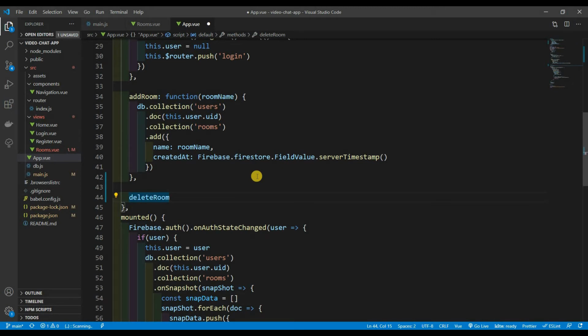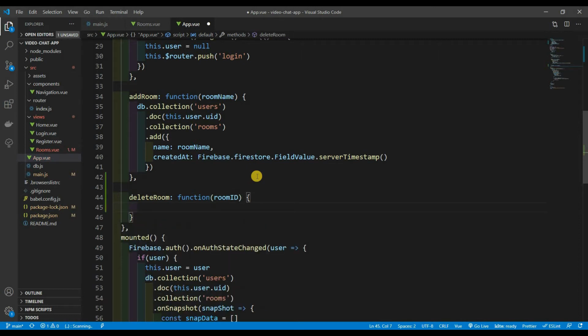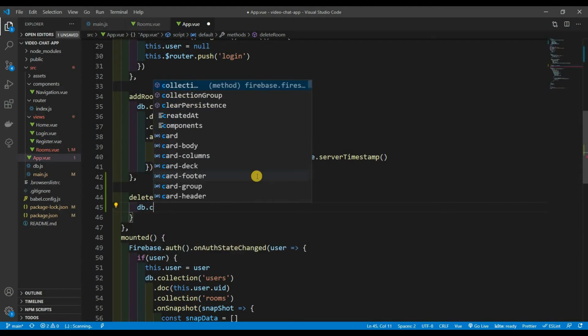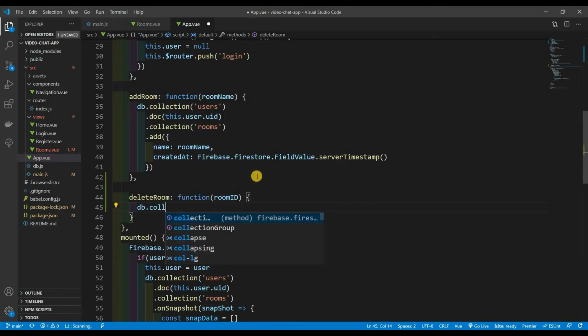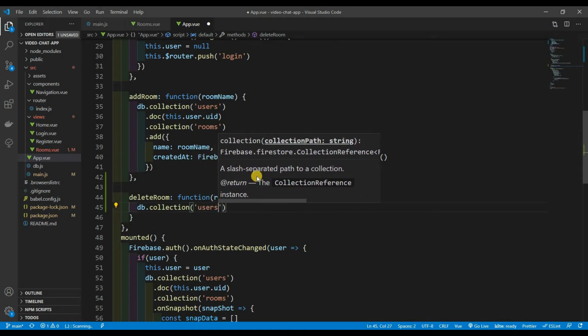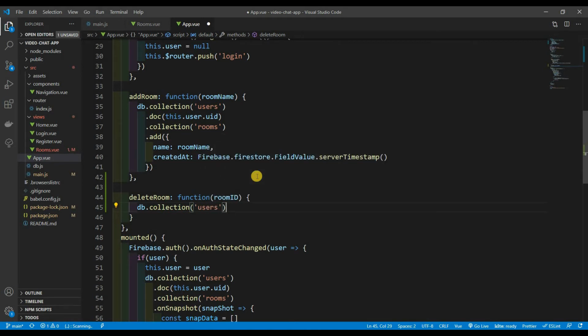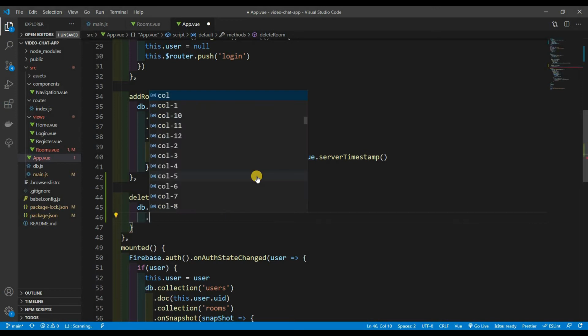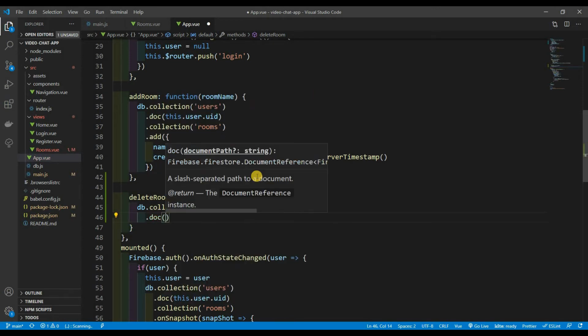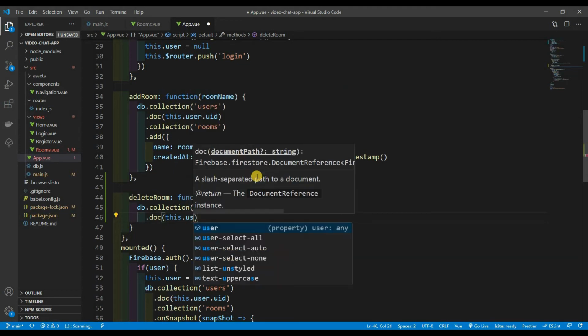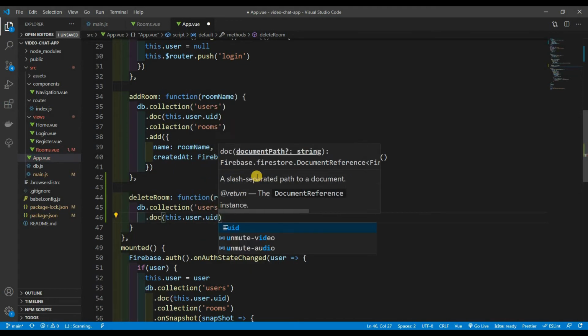So deleteRoom is going to be a function, and remember, we're passing in the room ID. So I'm going to say roomId right there, and it's very, very simple what we're going to be doing. We've got to navigate all the way to the room, the one that we want to delete. So db.collection, we're going to go inside users first of all. It's always users, and then right here doc, we want to go into a specific document, which is going to be this.user.uid, and then